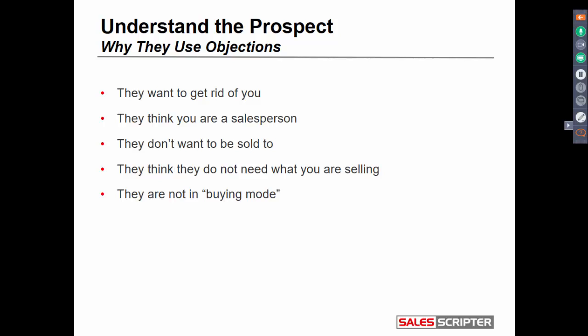They also might genuinely, if we look at it optimistically and say they're not getting annoyed, if they're genuinely hearing you out, not think that they need what you sell. We'll talk a little bit about pain in a minute: people sometimes buy stuff to resolve pain or avoid pain. Well, sometimes we have pain that we don't know exists, and that's called latent pain. Not to get into too much detail about the concept of pain, but maybe they just don't know that they need what you have, and when they say I'm not interested, it's because they think they don't genuinely need it. So that's one reason why they might be delivering objections to you.